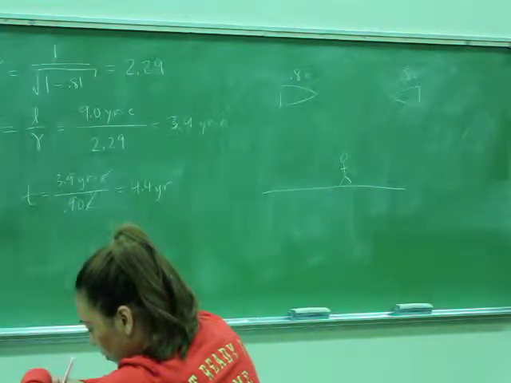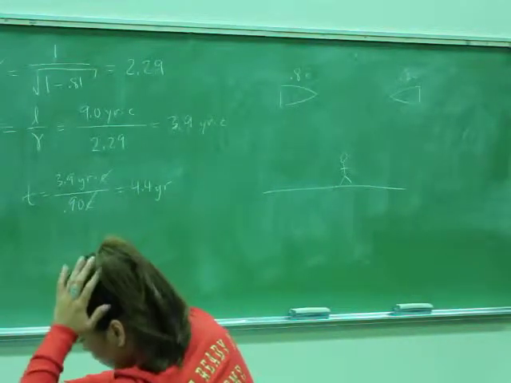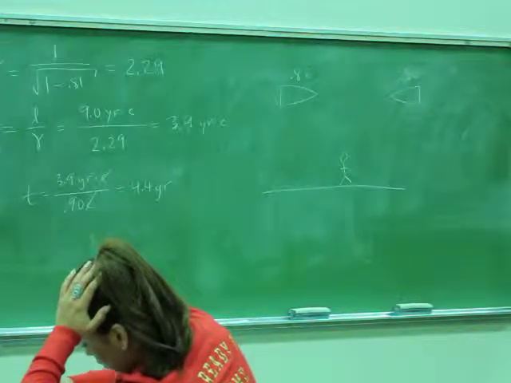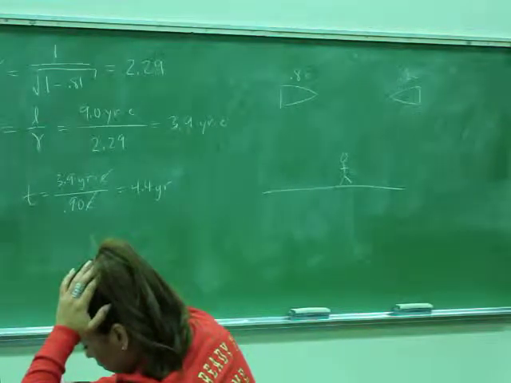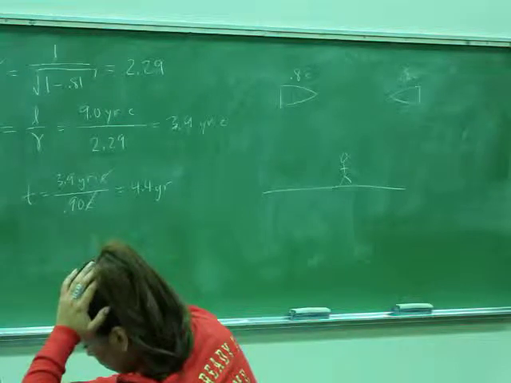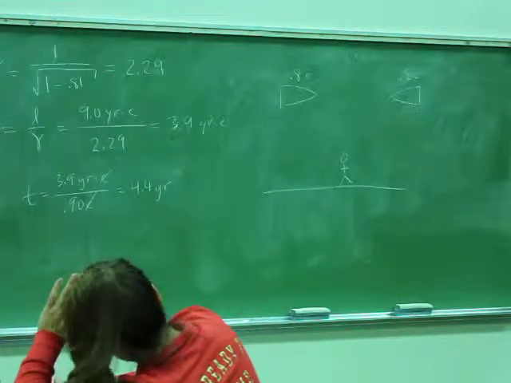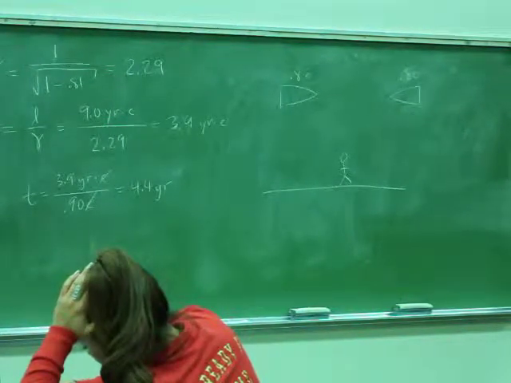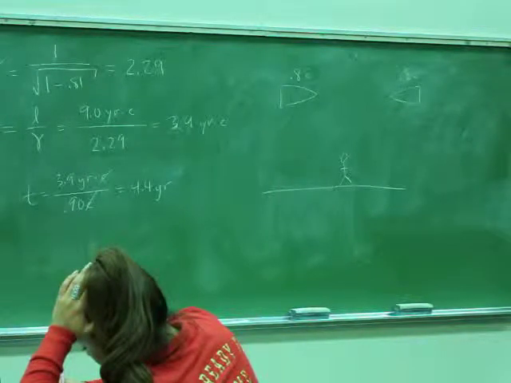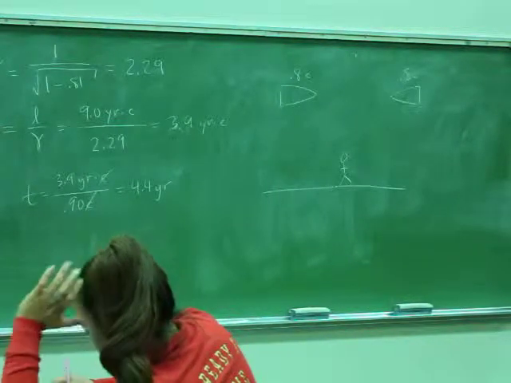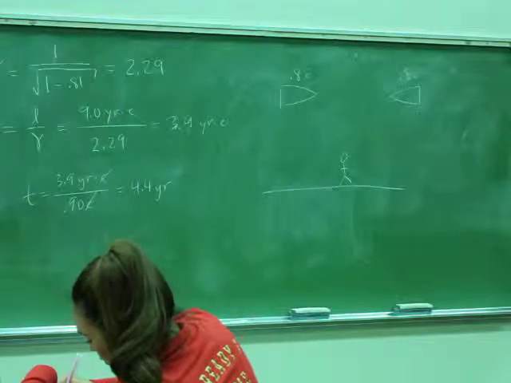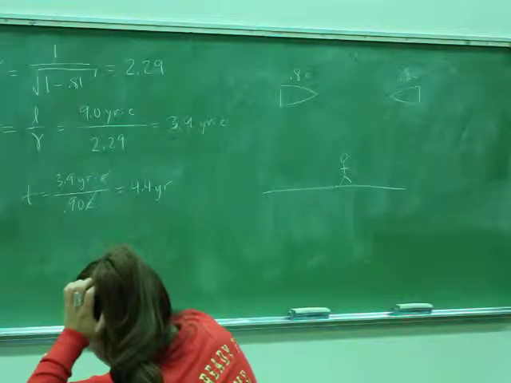How fast does the guy in the left rocket think the guy in the right rocket is going? What's going to make this tricky, guys, is choosing your S frame and your S prime frame. That's what makes it a little tricky, so be careful about that. And I will give you a hint by saying the guy on the Earth is absolutely essential to solving this problem, because he's the only one who knows the velocities. All right? So the guy on the Earth is absolutely essential.